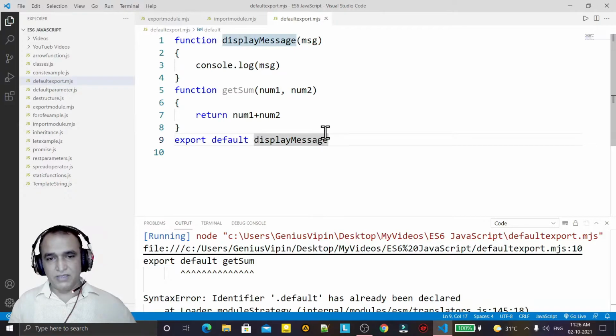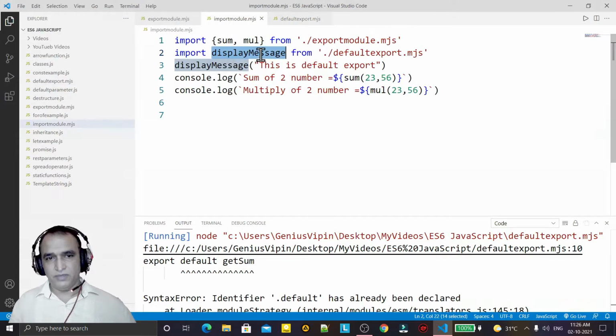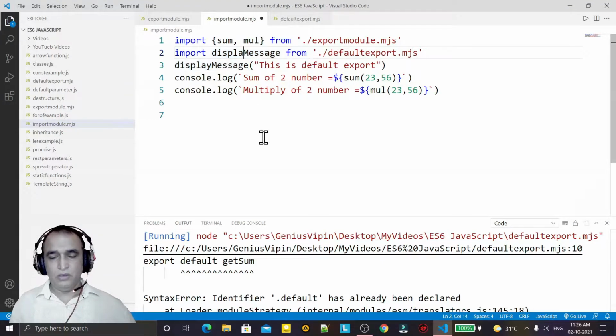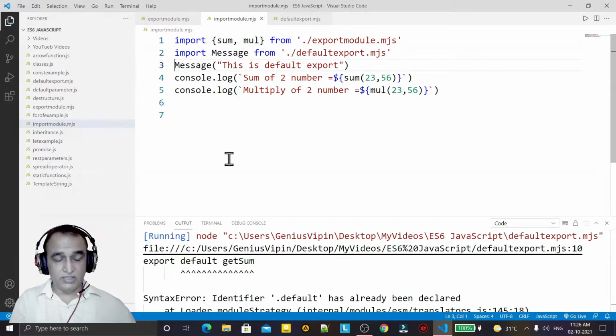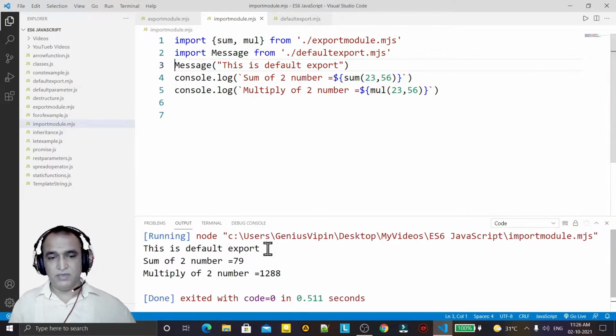Now the name of this function is display message, and I am importing it with the name display message. But for the default one I can give any name, like message, and it will display the same result as before. So in case of default I can change the name of the function.